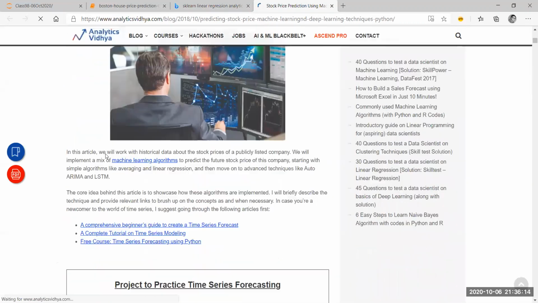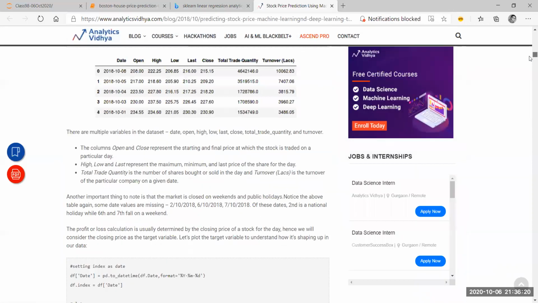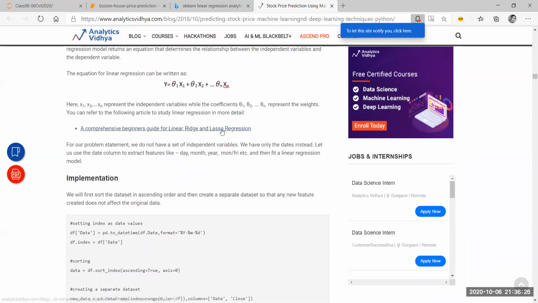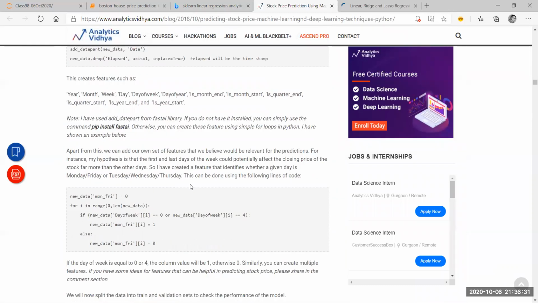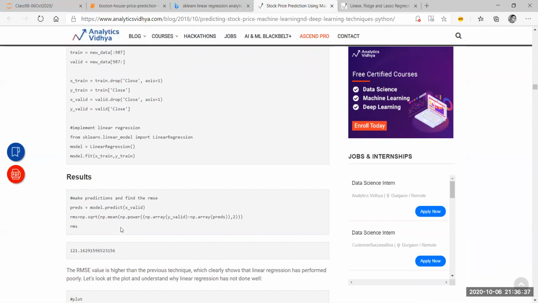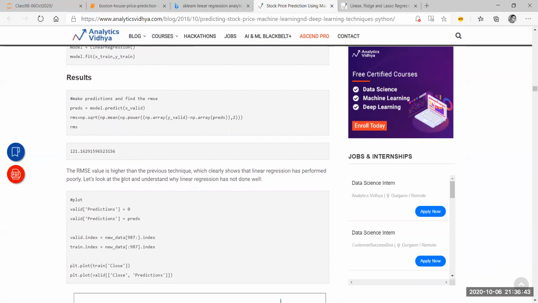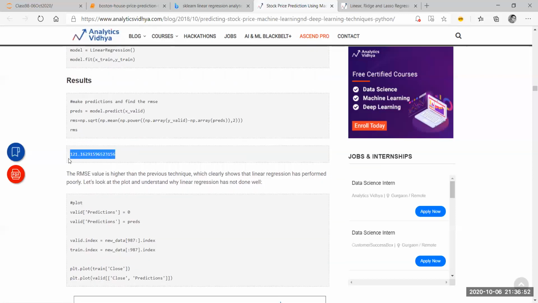Right, but there is one thing mentioned on this page which is really good, which I just wanted to quickly tell you. He is trying to predict stocks, which I don't want to do because I don't want to get distracted with, let's say, money. But in this case, he is simply doing some processing, then fitting the model, and then getting the RMS, the root mean square error. So one of the techniques that we use is that we plot multiple models, and then we see if we have a changing root mean square or not.